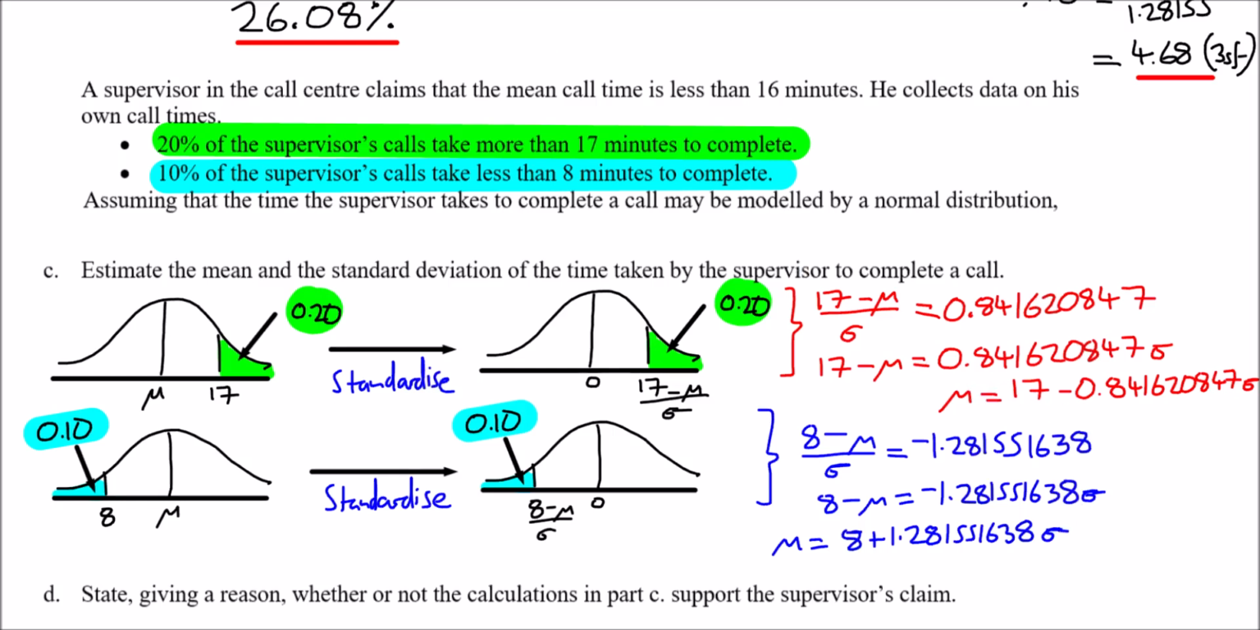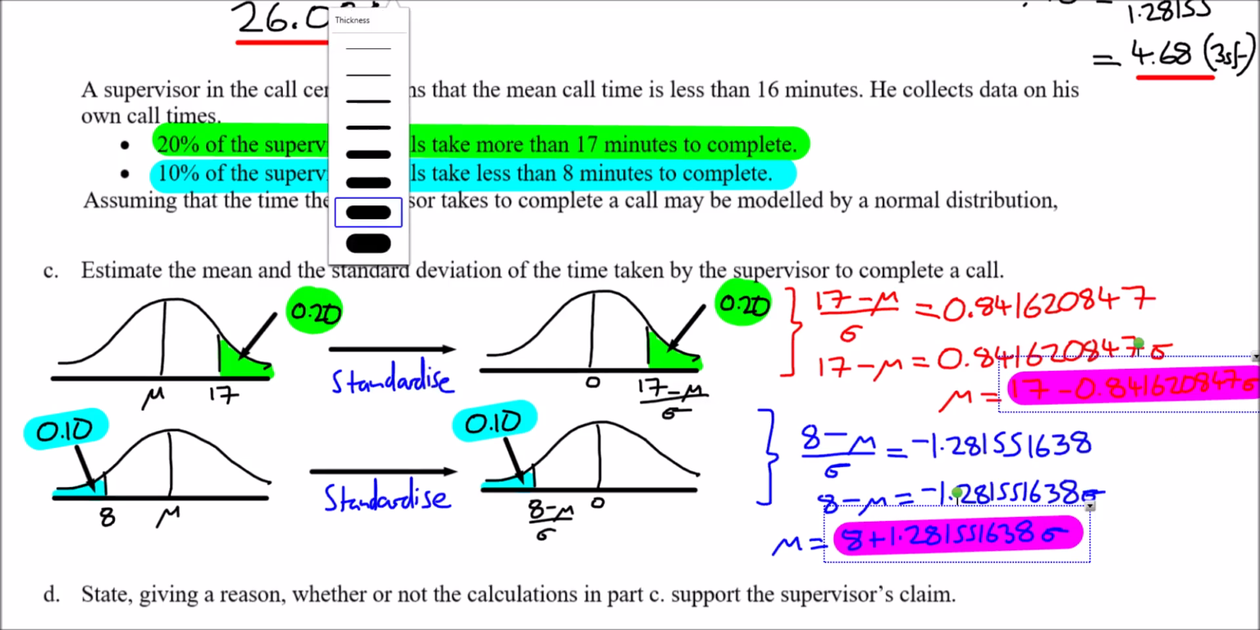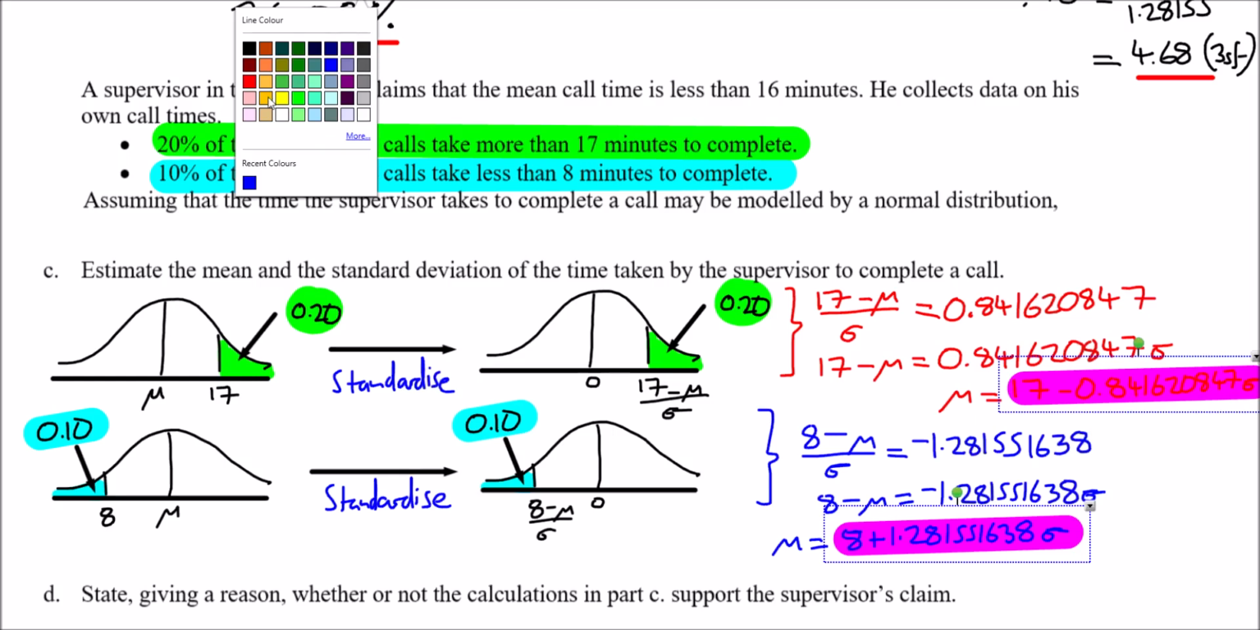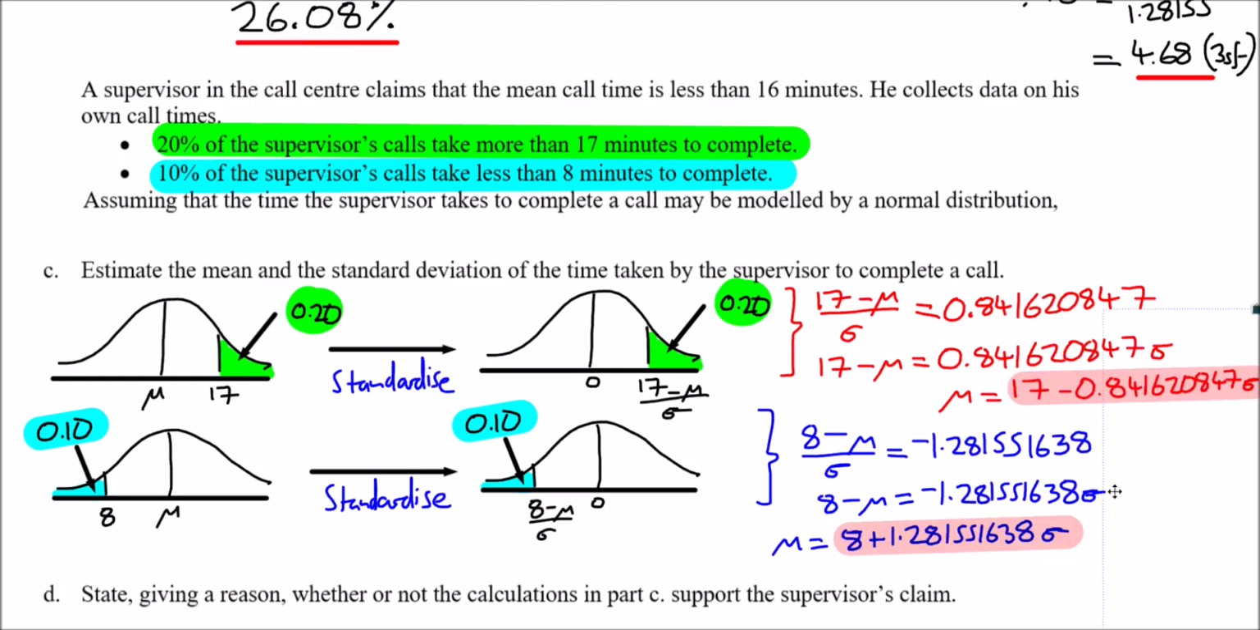So what we can do here is set this one equal to this one. I apologise for that colour, by the way. That colour doesn't make the red very easy to see. I'm going to now change this colour into a different one, if I can. There, that's a bit better. So I can now set these equal to each other. So if I now set 8 plus 1.28, etc. equal to 17 minus this,